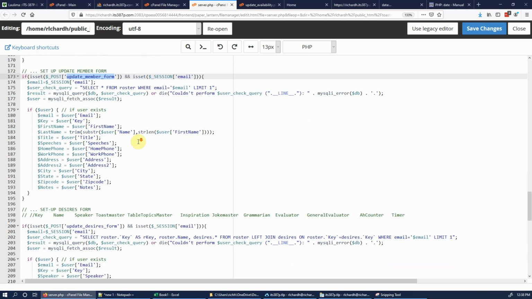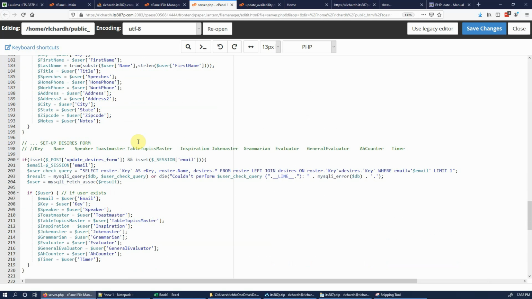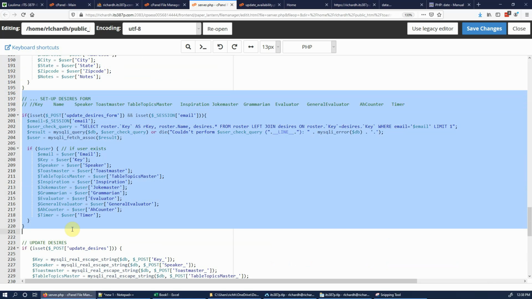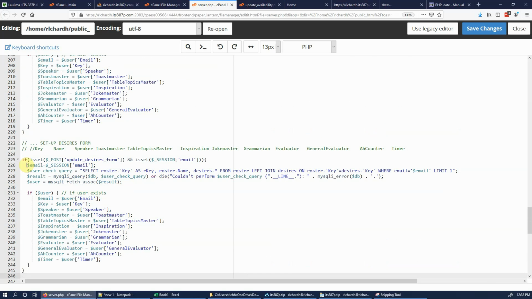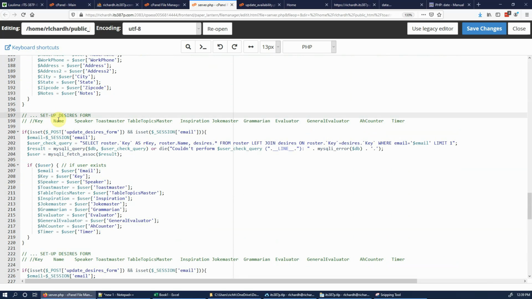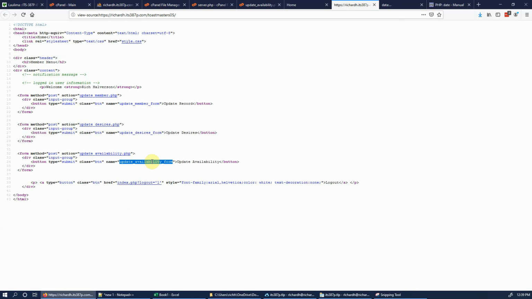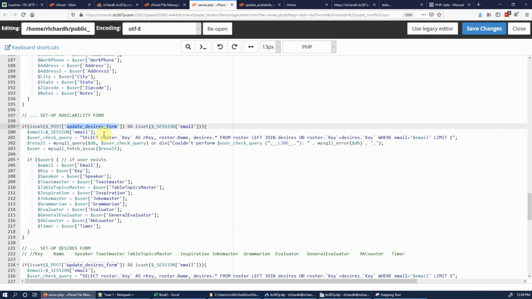I'm going to start with this one here, it doesn't matter. I'm going to just copy and paste this. And for this one here, it doesn't matter which one I use, I'm going to say setup availability form. And I don't need this. And so it's not update desires form, it is this one. Copy, paste. Okay. Update availabilities form, and what I want to do is